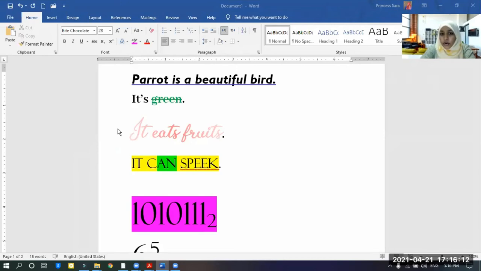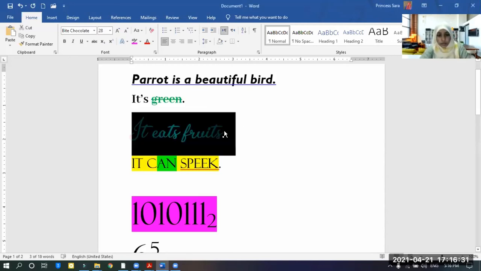This is font color. You can change the color of the font. Now the Guardian part. This software is word processing software, Microsoft Office Word. Guardian means, for an example, see these letters, I will show you.